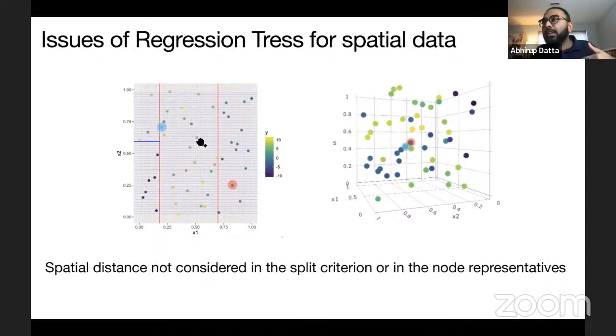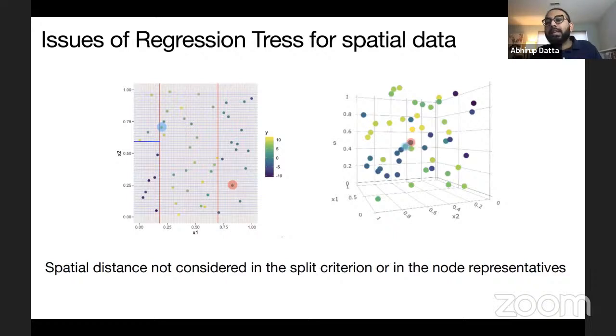Now, this was a data set, but there was also a spatial component to it, so it was actually a three-dimensional data set. There is now x1, x2, and the space. I have rotated the same set of points to show the 3D orientation. And you can see how close these two points are in the space axis. These blue and red points are the same points as before. It's just that we are now showing the actual 3D plot and rotating it to see their space coordinates. You can see their spatial coordinates are extremely similar. They're very close to each other.